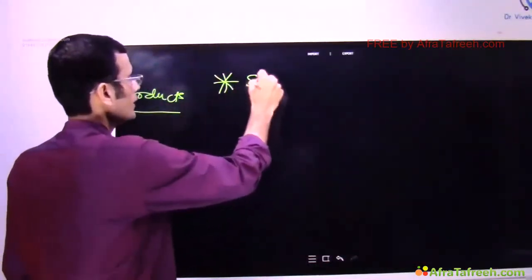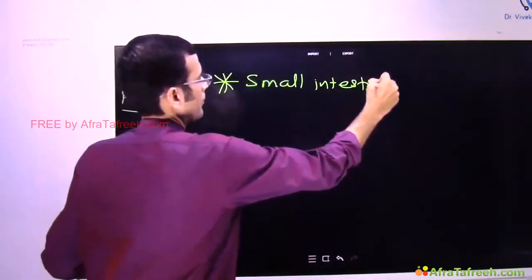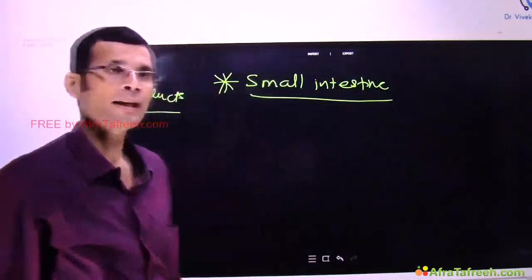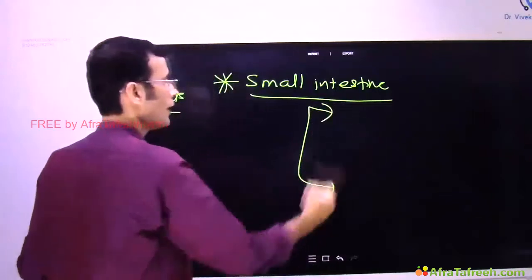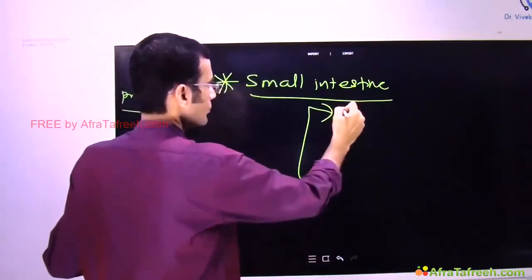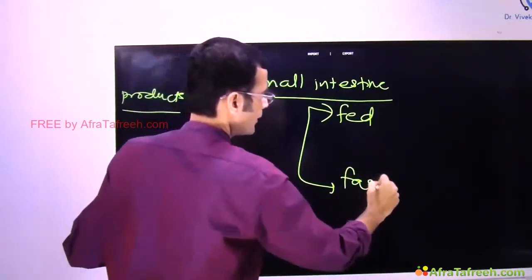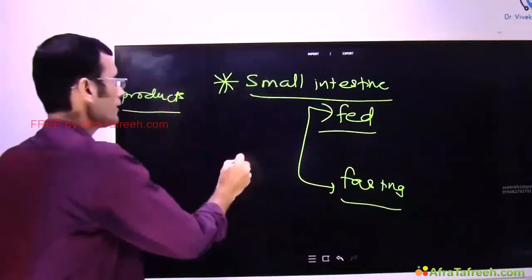Next, let us see the motility of the small intestine. Motility of the small intestine can be divided into two parts: in the fed state and in the fasting state. In the fed state,